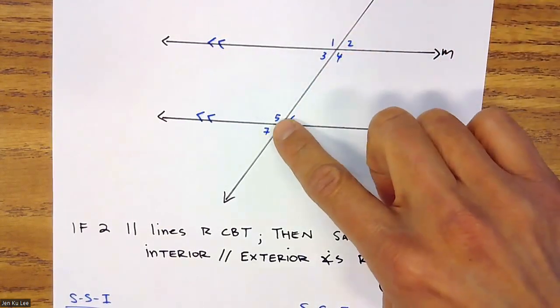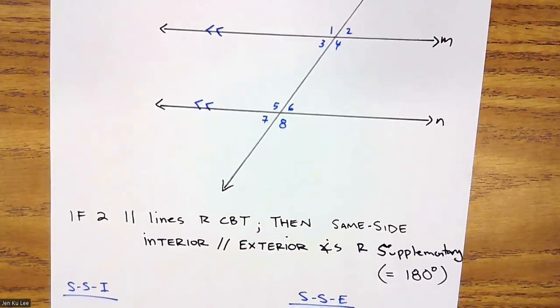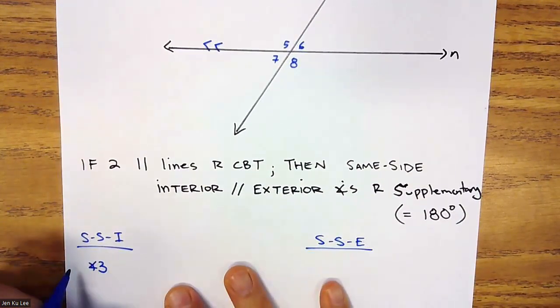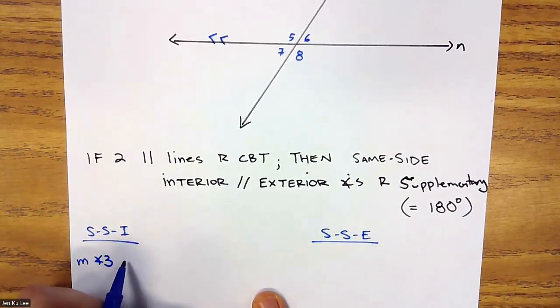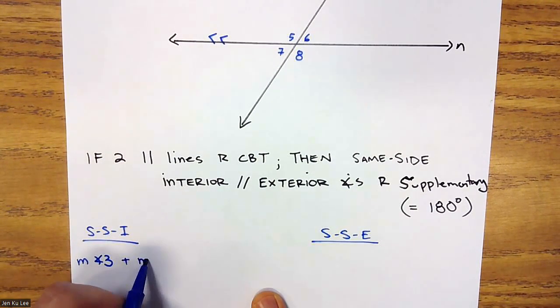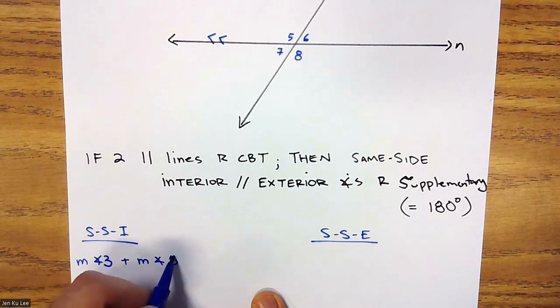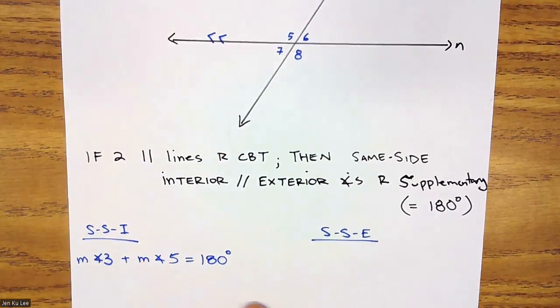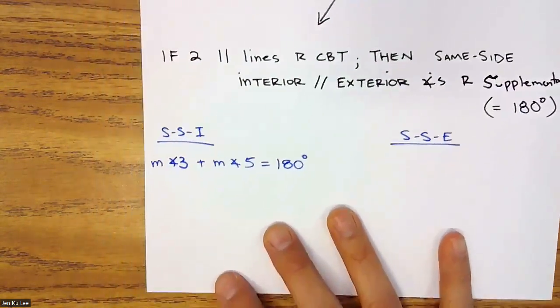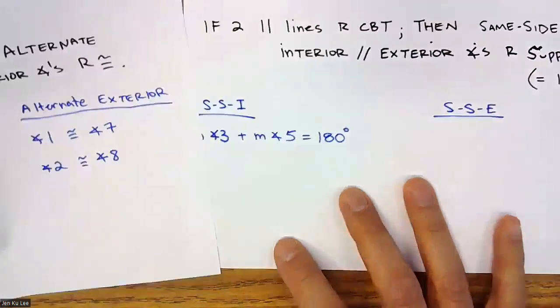So it has to be angle 5, right? So instead of saying that, I'm going to put the measure of angle 3 plus the measure of angle 5 equals 180. Okay? Now notice,